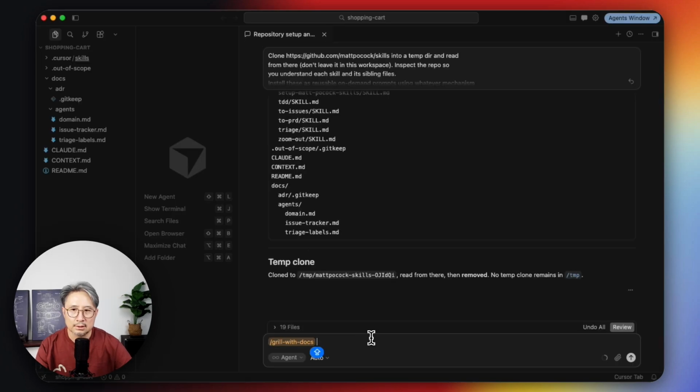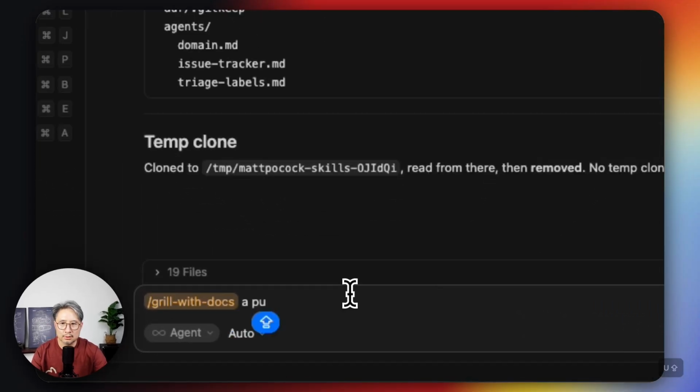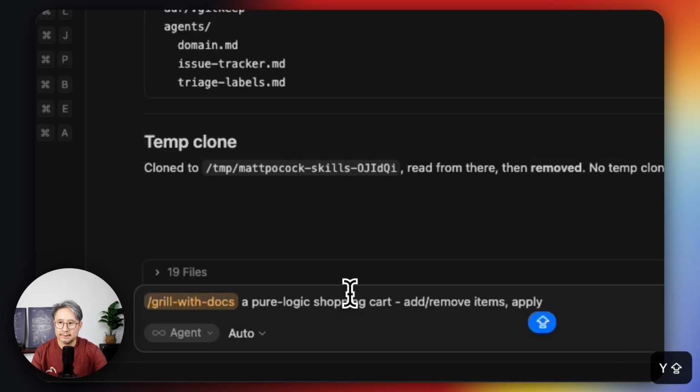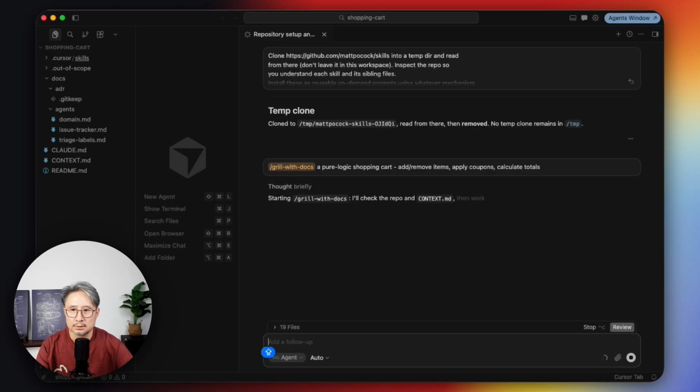The idea is, instead of describing the shopping cart to the agent, I'm going to have the agent interview me to make sure the agent has all the ideas and concepts ready. So I will say: a pure logic shopping cart, which can add, apply coupons and calculate totals.